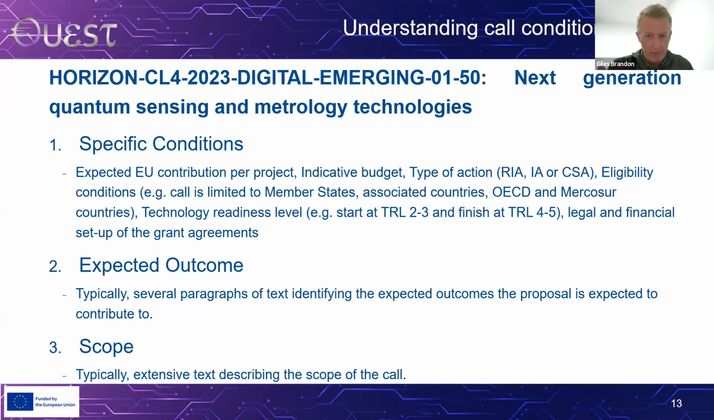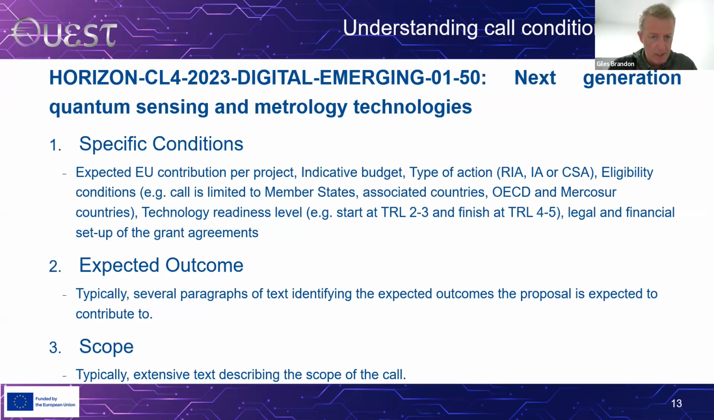Regardless, I could have also been bringing up a call about health or about food. What I'm saying now is applicable to all. When you look at the call text, you'll see the text is broken up into these 3 sections. It'll be about specific conditions, expected outcome, and scope. And you're going to need to read those very, very thoroughly. I only show a fraction of the information here for this particular call, but nevertheless, under specific conditions, it will say things like